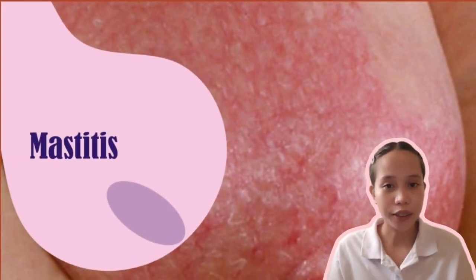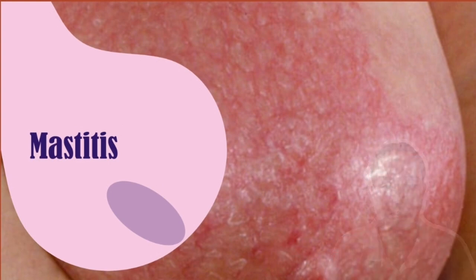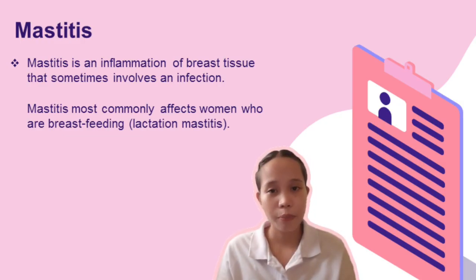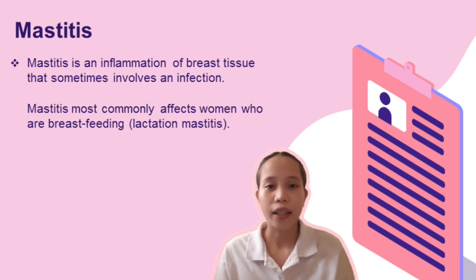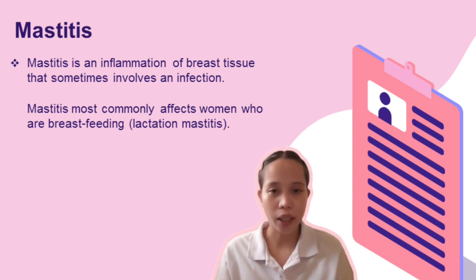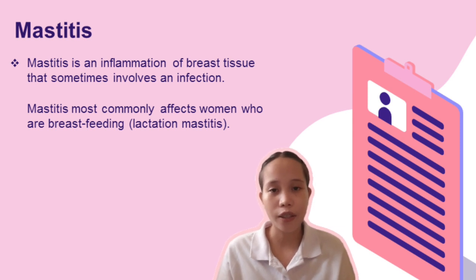So the next disorder is mastitis. Mastitis is an inflammation of breast tissue that sometimes involves an infection. The inflammation results in breast pain, swelling, warmth, and redness. You might also have a fever and chills. Also, mastitis most commonly affects women who are breastfeeding, called lactation mastitis, but mastitis can occur in women who aren't